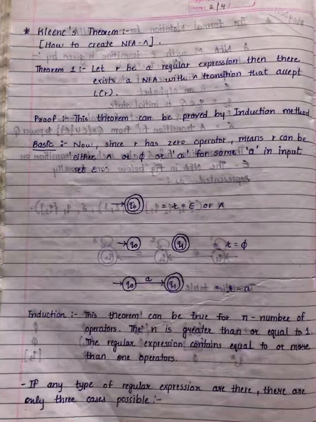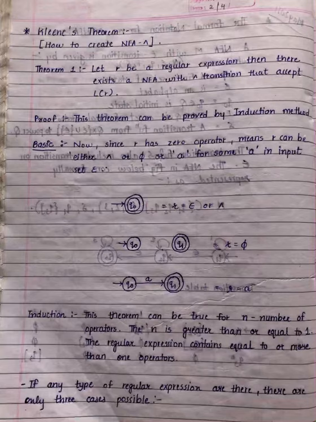Today our topic is Kleene's Theorem. Another name for Kleene's theorem is how to create the null NFA. The theorem is: let R be a regular expression, then there exists an NFA with null transition that accepts L of R. The proof is that this theorem can be proved by